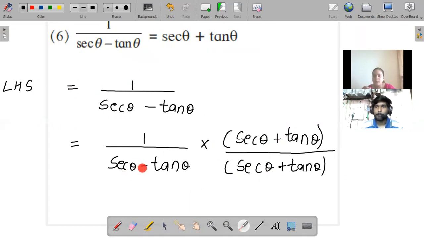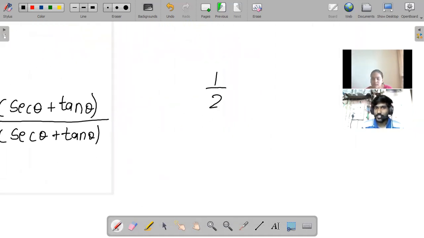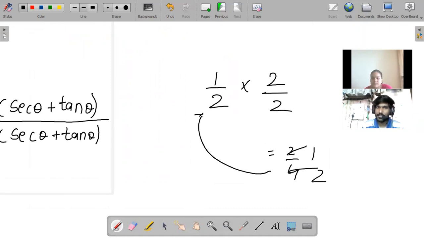So when it used to be 1 upon root 2, and if you have to rationalize it, you do 1 upon 2 into 2, not 2 upon 2. If you want to rationalize this, you multiply by root 2 up and down, both places. When you multiply something in the numerator, it has to be multiplied in the denominator. Then what is the answer of this? 1 into 2 and 2 into 2, 2 upon 4. And you reduce this, see, you're getting this back. So it's correct. You should get it back after reducing. If you're not getting it back, something is wrong somewhere.